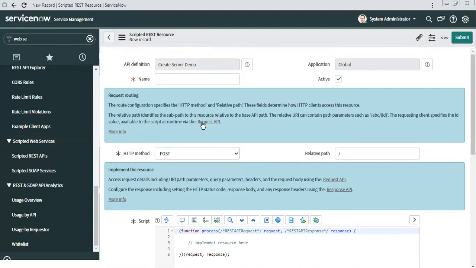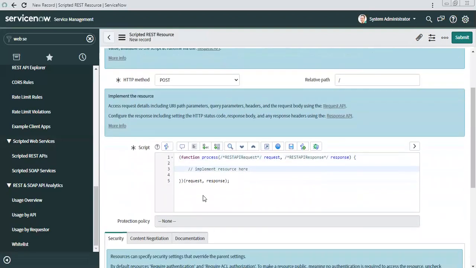You can create multiple resources inside a scripted REST. To post or create a record, you will create a POST type of resource, and then you have to write each and every line of code here for what exactly that API is going to do. Like if they send some JSON, you have to get the JSON, validate the data in it, and send them an appropriate message.